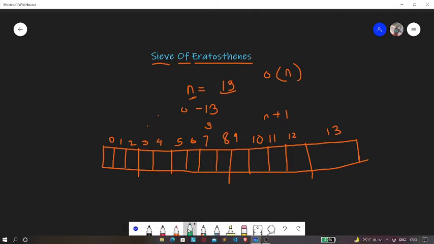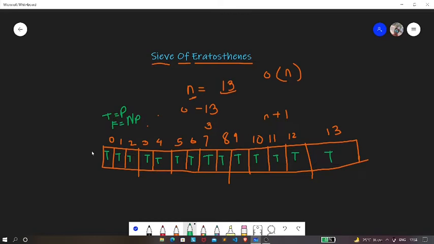Now the value of each block will be currently set to true. So we need to set each value of this to true. As you can see, we have set each and every one to be true. Now what does this true mean? True means that the number is prime in nature. And if it is false, then we're going to say that it is not prime. This is what they represent.